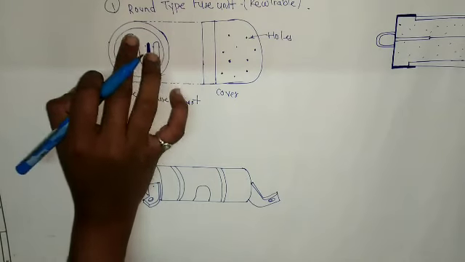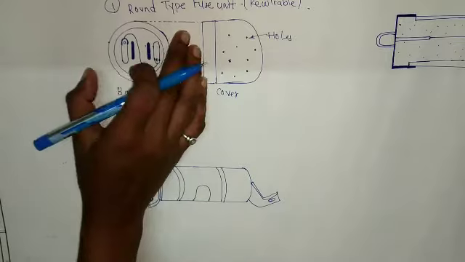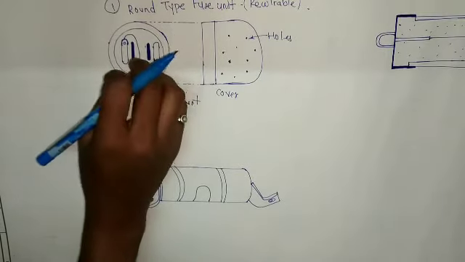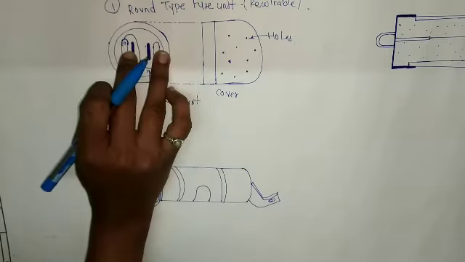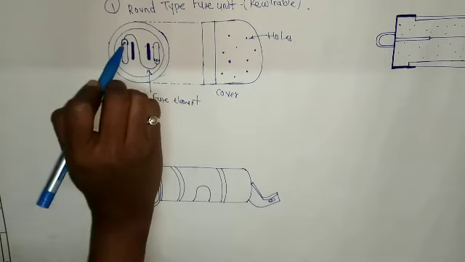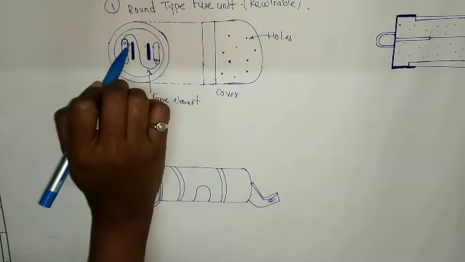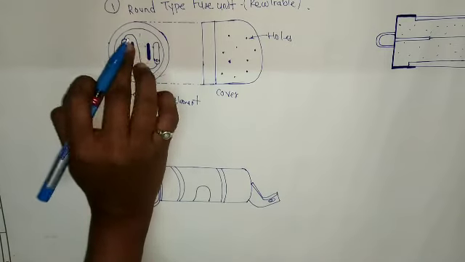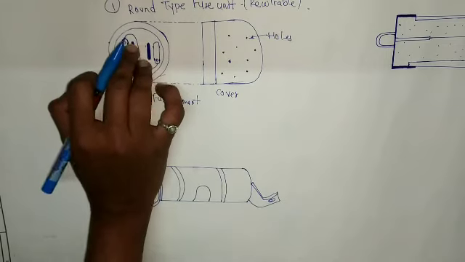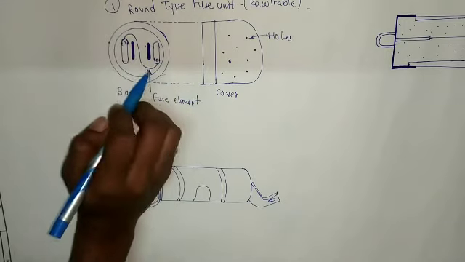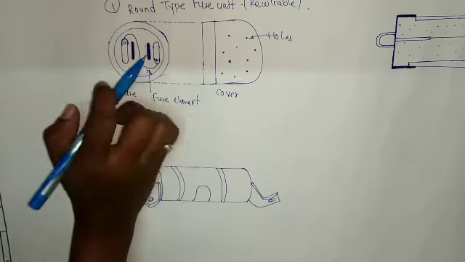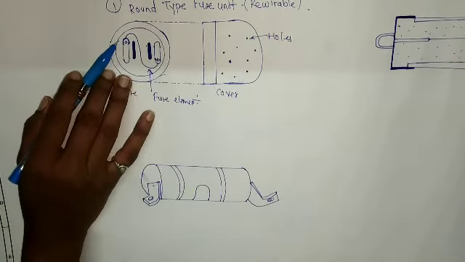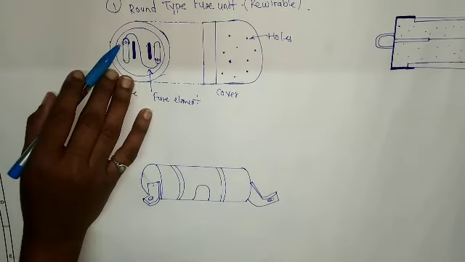Whenever there is abnormal or overcurrent flow, this wire will melt. Whenever this wire melts, we have to replace it, right? But one of the terminals is always connected to the phase wire. What happens? It is very risky, dangerous, and difficult to replace this fuse element. Why is it difficult? Because one of the terminals is always connected to the phase wire.